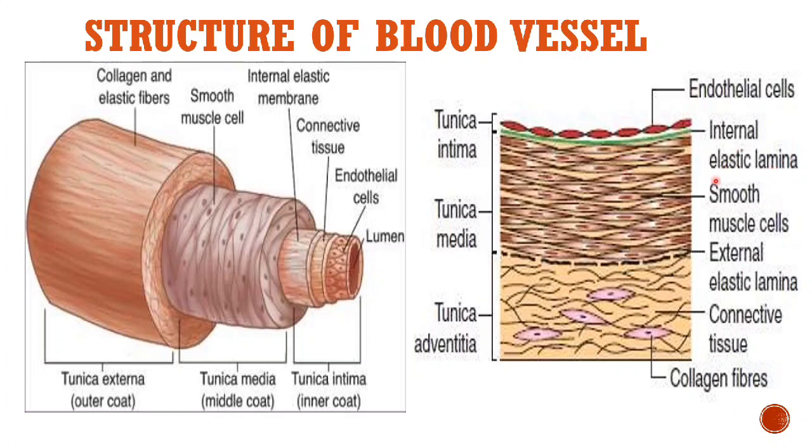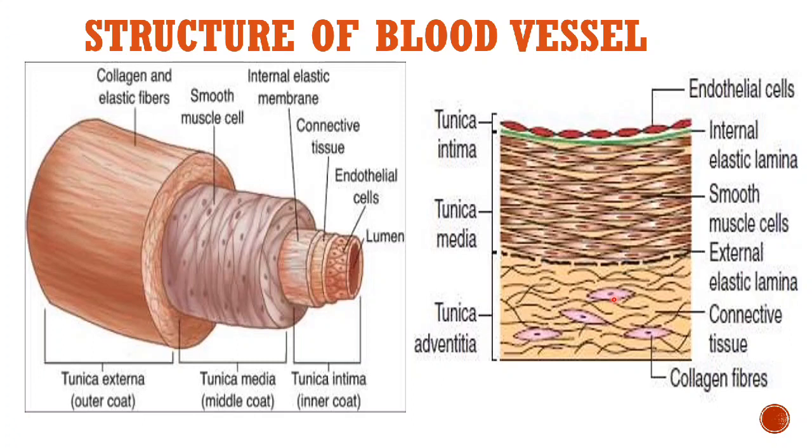by the internal elastic lamina. And coming to the most important part, that is the tunica media, which consists of vascular smooth muscle cells. These smooth muscle cells are innervated by sympathetic nerve fibers, so it helps in the regulation of blood flow and blood pressure. This vascular smooth muscle is of two types: single unit or visceral type, and multi-unit. The single unit smooth muscle fibers have the inherent property of myogenic activity to stretch, and are mainly present in the small arteries, arterioles and metarterioles, whereas the multi-unit smooth muscle fibers are not excited by stretch.